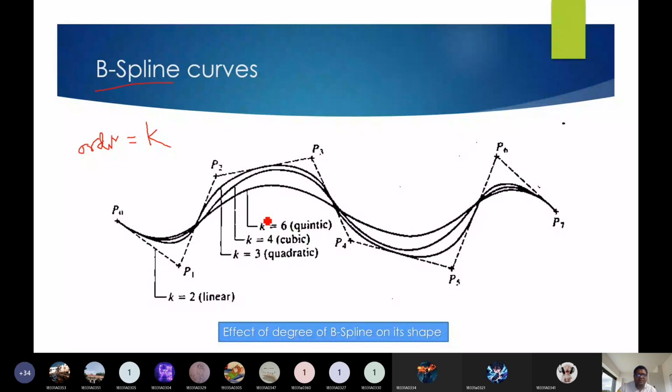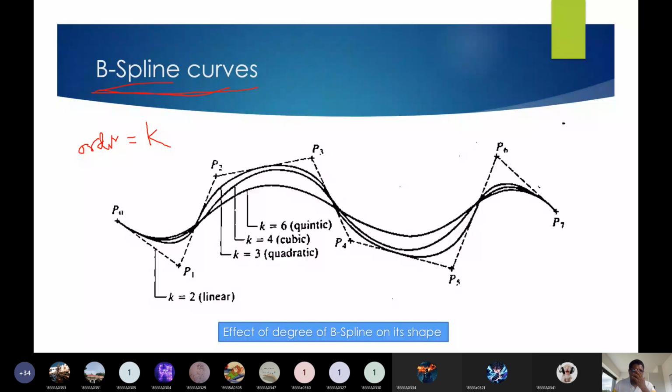So if k is equal to 6, what do you mean by k? You can understand the k value with the help of segments. Segment means the entire curve. In case of a B-spline curve, the overall curve would be divided into a number of segments. For example, here